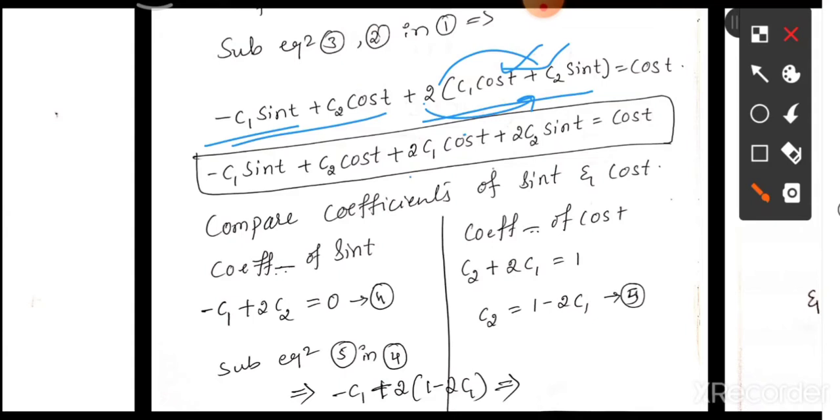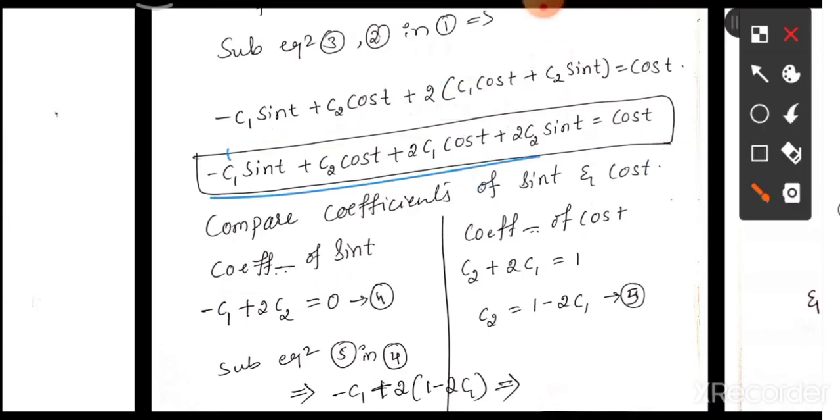equal to cos t. Now we can compare the coefficient of sin t and cos t with respect to both the sides. Okay, LHS is equal to RHS. You can compare both the side equations. Once you compare the sine coefficients, compare the coefficients of first sin t that will be observed in the left hand side. You have minus c1. Okay, I am taking the coefficient of sin t now, minus c1 and plus 2 c2 equal to